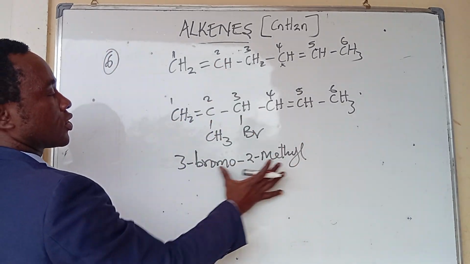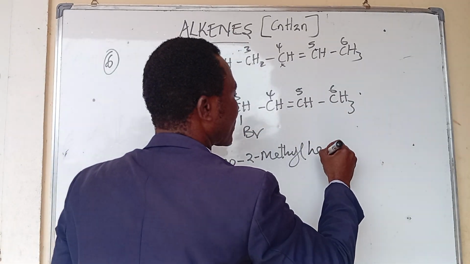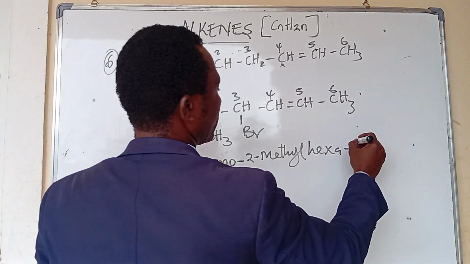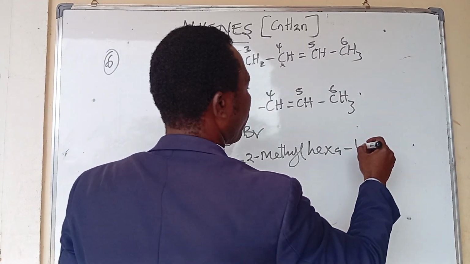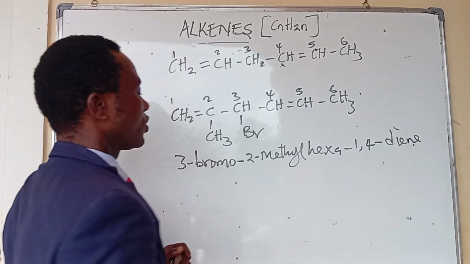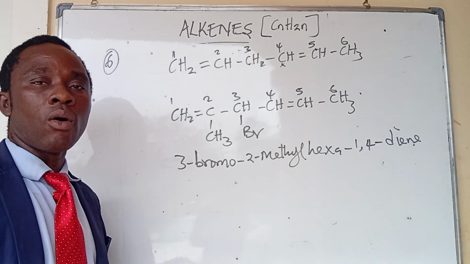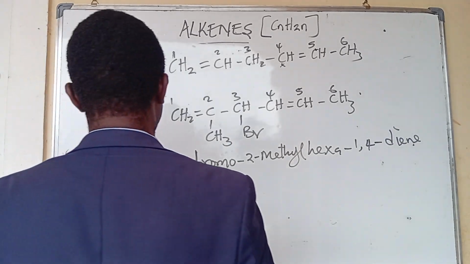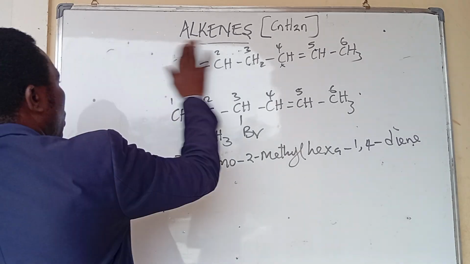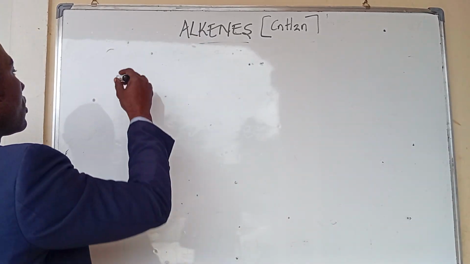Then you now start with your alka. After naming the substituents, you start with the naming of the alka. The alka is hexa. Then the position of the double bond is 1, 4. How many double bonds? 2. So it ends with diene. So this is 3 bromo, 2 methyl hexa 1, 4 diene. Now, that is the 6th rule. The 7th rule in the nomenclature of alkenes is when you have